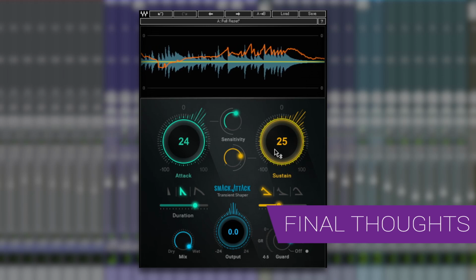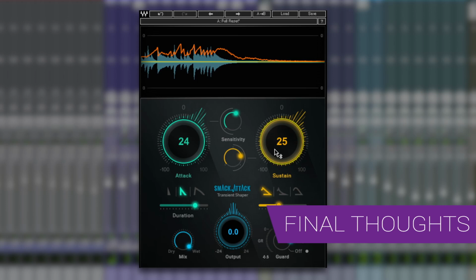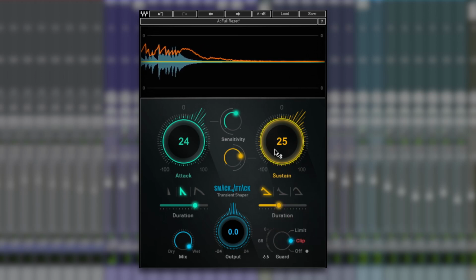So what are my final thoughts on Smack Attack by Waves? Well, to be honest, I didn't think I needed another transient shaper in my plugin arsenal. But this is something quite different. I'm used to just using transient shapers with just the bare bone controls, those being attack and sustain. But these extra little features being the shapes and the duration and